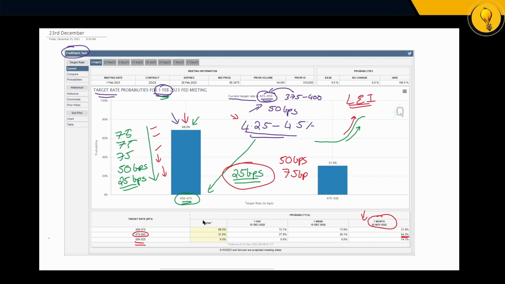Now, however, the market is saying, we don't know about that. We actually think that we are going to get only a 25 basis points hike. And this is going to be a softening. What if we actually get a 0 basis points hike? At the moment, as things stand, I'm not looking for this. I want to see a little bit more indication, a little bit more of the LEI softening to get convinced that the Fed will really change their mind and go from a rate hiking cycle to a flattening.